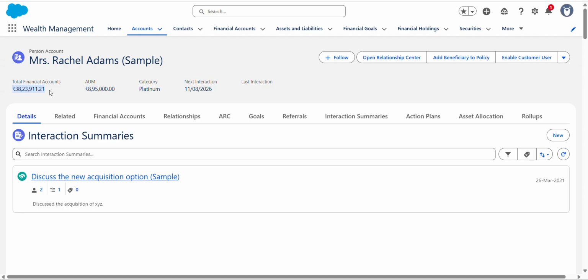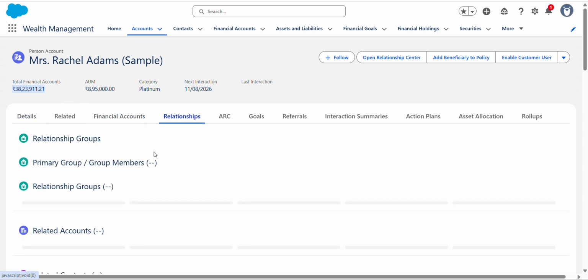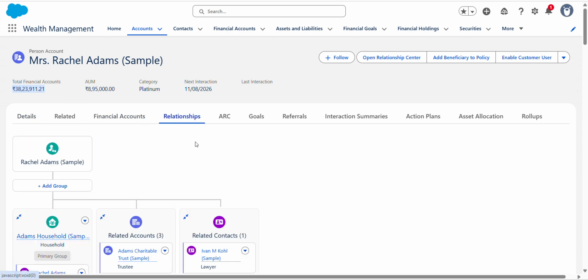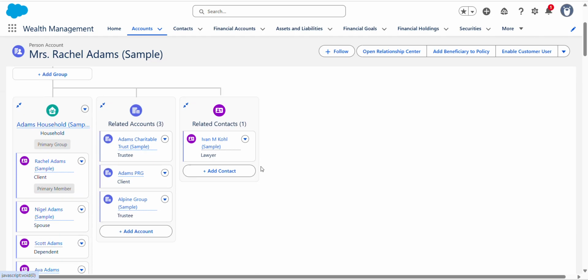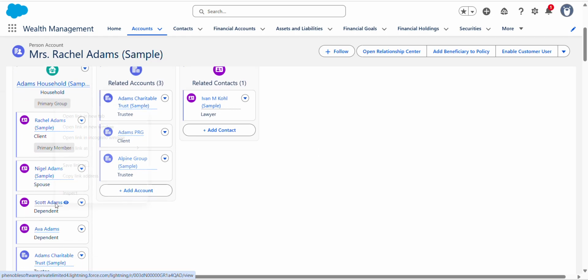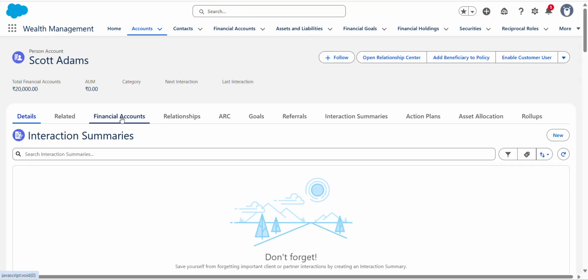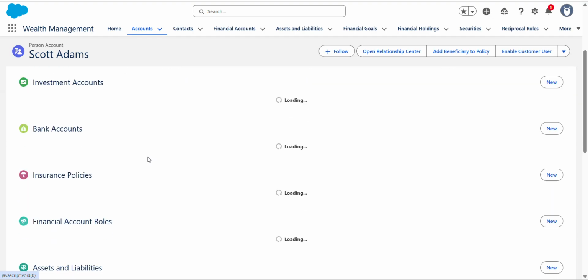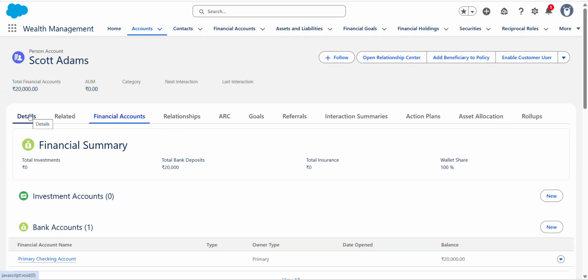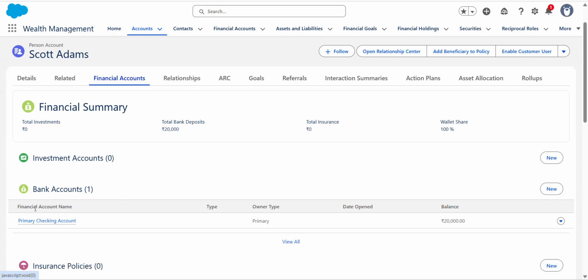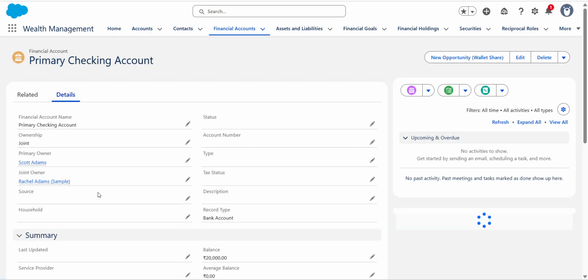Now let's go to the Scott primary checking account and review the owners. Click on the Relationship tab, open Scott Adam from here, click on Financial Account, and click on the primary checking account.